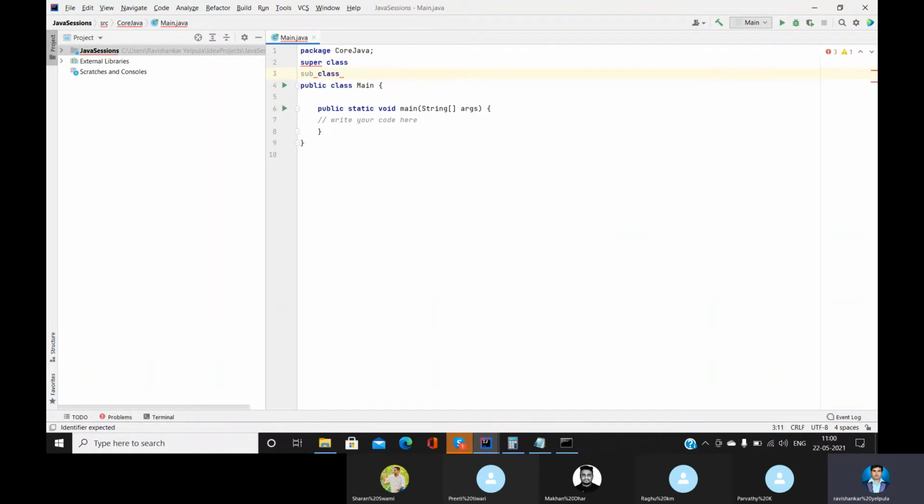We are going to define one class, and inherit all the details, all the methods and variables of it into another class, that is the subclass. When we inherit the super class into the subclass, we can access all the things of the super class.